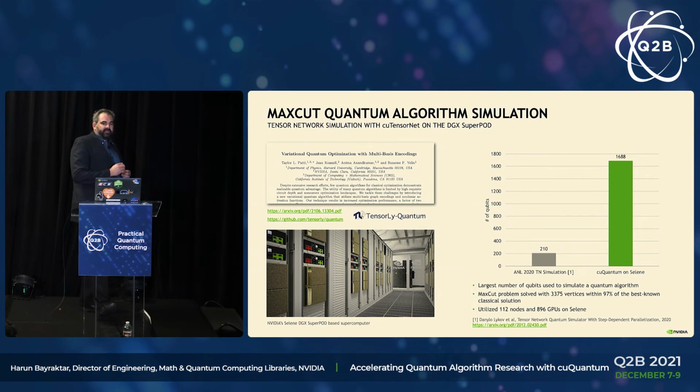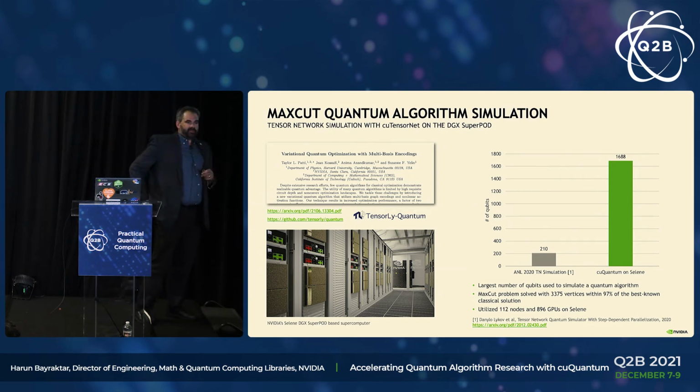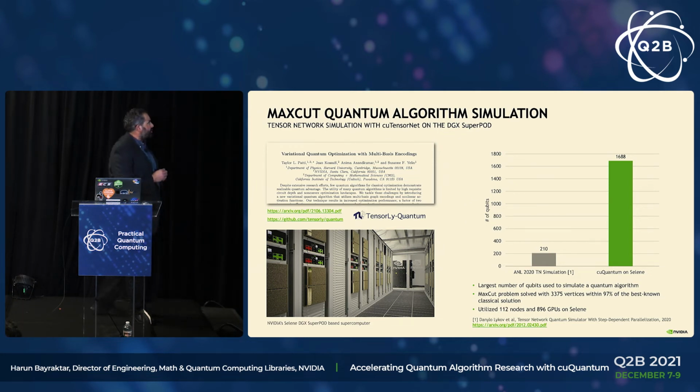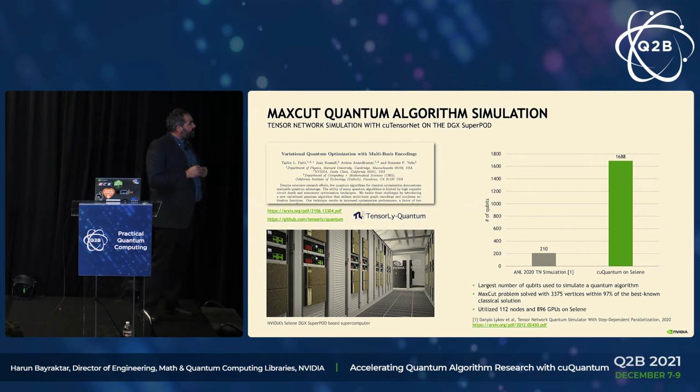All right. And the last results slide, Sam covered this in a lot more detail, so I have a very, very brief slide here. But for those that missed it, I'll go over it very quickly again. There's a paper out there that came out earlier this year about doing variational quantum optimization for the max-cut problem using multibasis encodings. The multibasis encoding allows us to solve a number of vertices problem with half the number of qubits. So when you see 1,688, that's actually a